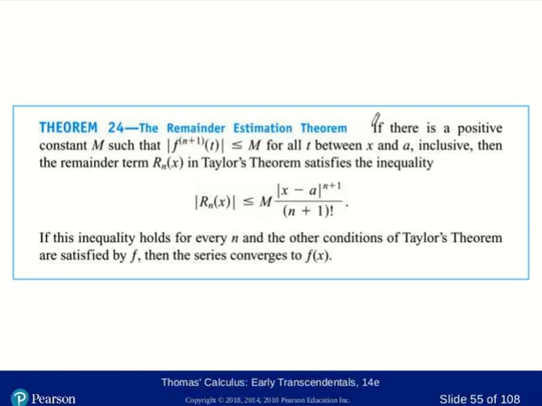There's a little more refinement that you can do in terms of, instead of the factorial, you get this number of rectangles to the nth power or whatever, but it's the same sort of argument. Right, we want to find a positive upper bound for the n plus first derivative on the interval that we're looking at.